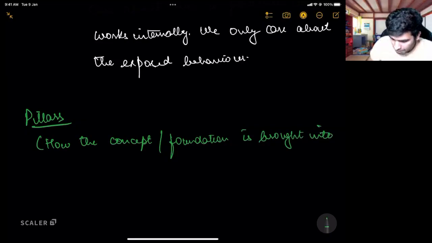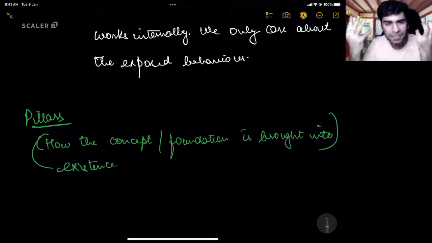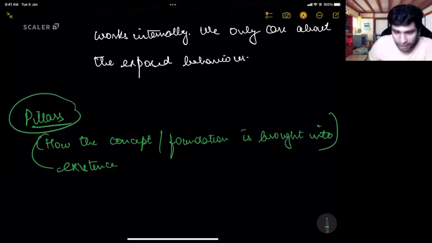Object-oriented programming is based on the concept of abstraction. But how do you implement the abstraction in these languages? There has to be some way for that, right? These pillars allow you to implement abstraction in programming languages.